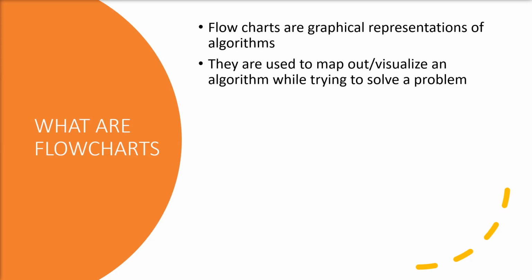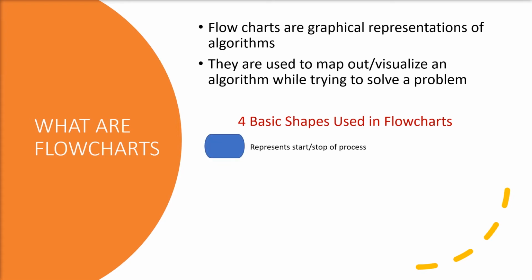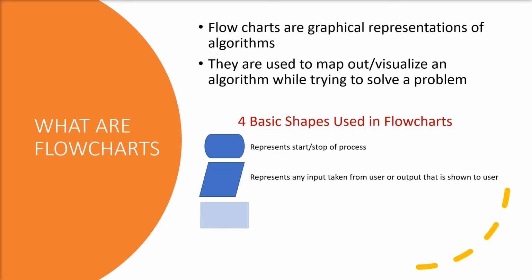There are 4 different shapes that are used to make a flowchart. An oval is used to represent the start and stop of an algorithm. A parallelogram is used to represent an input or output. A rectangle is used to represent a process or task being completed by the computer. And a diamond is used to represent a decision being made by the computer. Using these 4 shapes, you can take an algorithm and break it down into individual steps that can simplify the